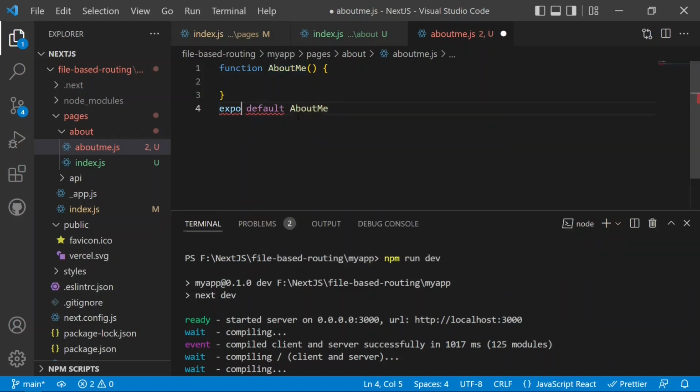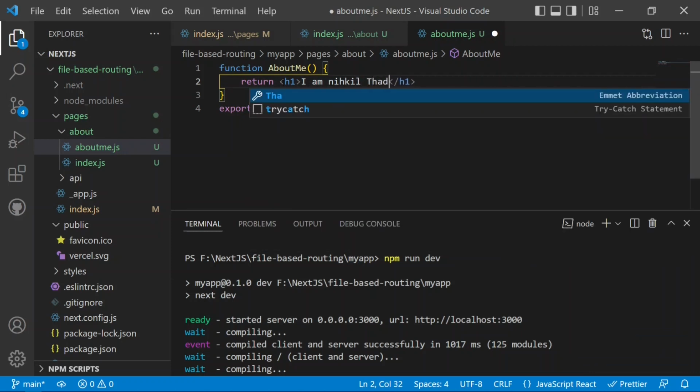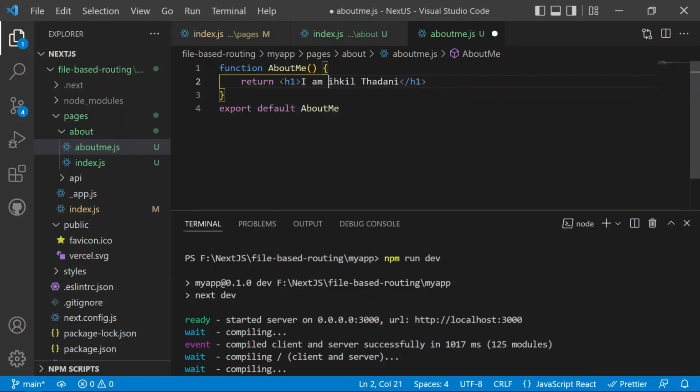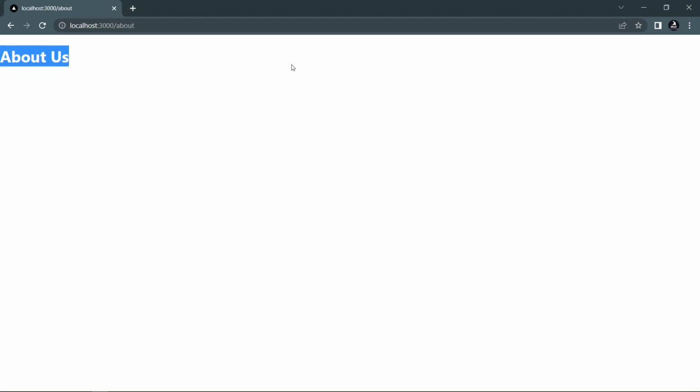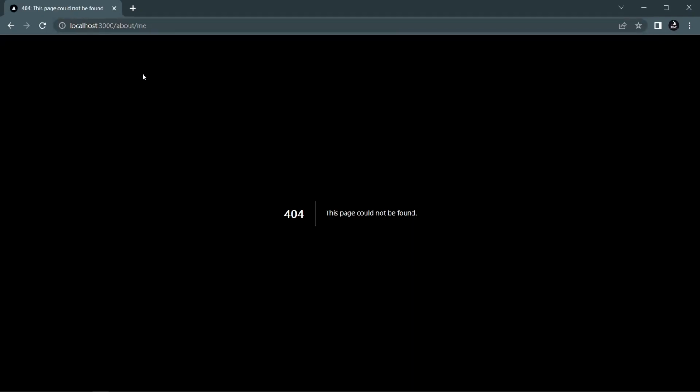Inside this function, we can return the JSX again, like "About me, I am Nikhil Thadani." So this is the about me. If I now save, move on to the application, and refresh it again, we have the about, and then if I move on to about/me, now you can see